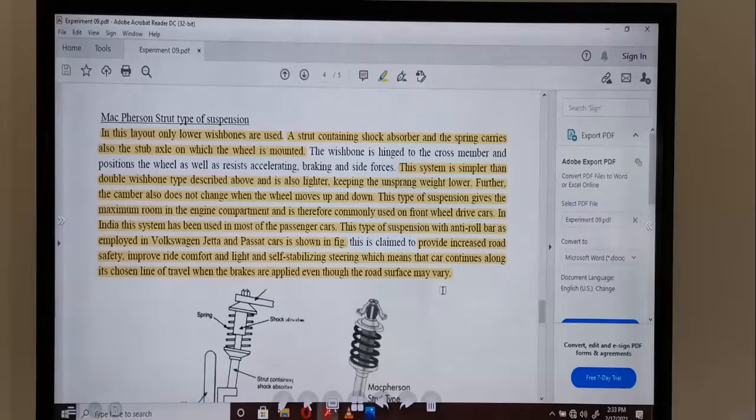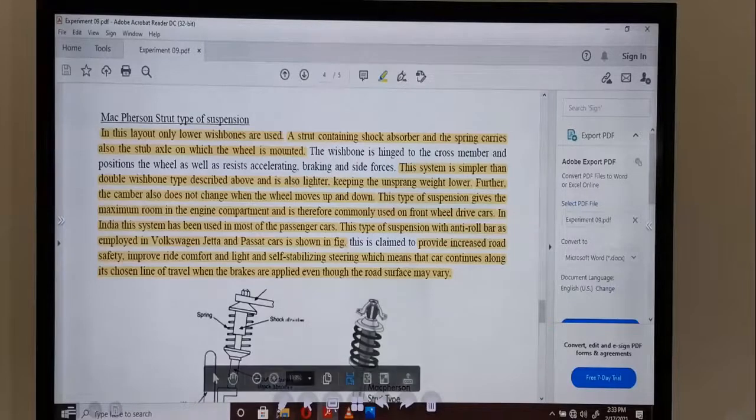The car continues along the line when the brakes are applied. In any condition where the brakes are applied, even though the road surface may be wet, sometimes a slippery surface or oil, the direction does not change because of the help of this anti-roll bar. So finally,